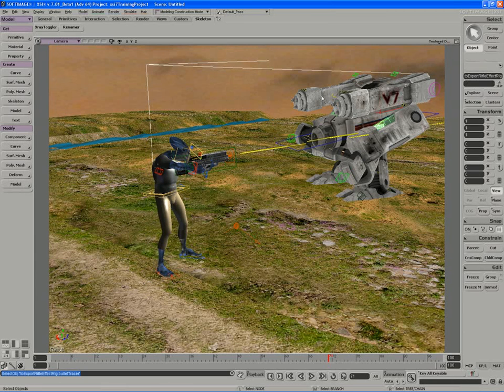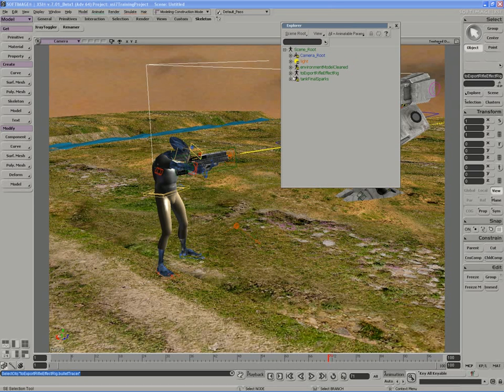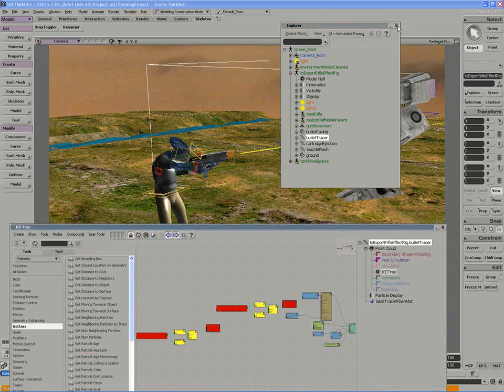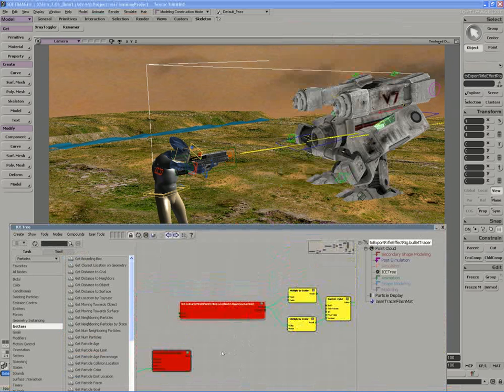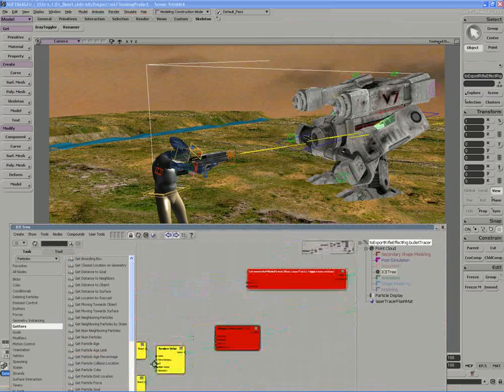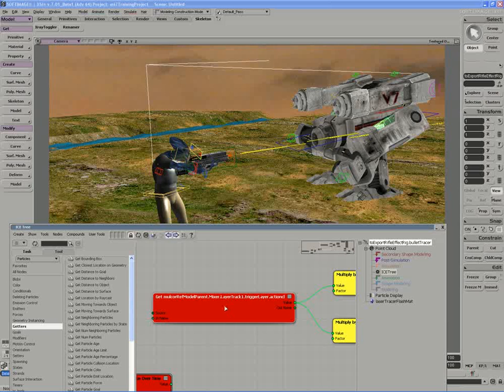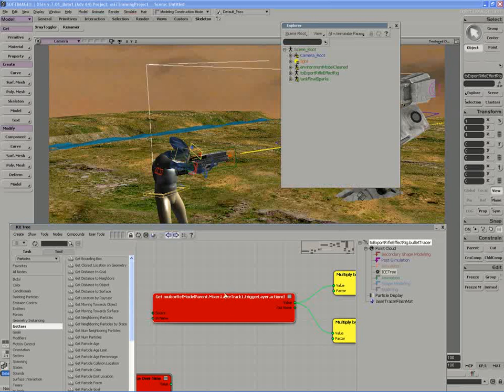We're going to need to build the functionality into the bullet tracer point cloud. If I open up the Explorer and I open up the rifle rig, I'll access the bullet tracer point cloud ice tree by pressing Alt-9, and I'll point the action clip layer to the appropriate model. So for this one here,